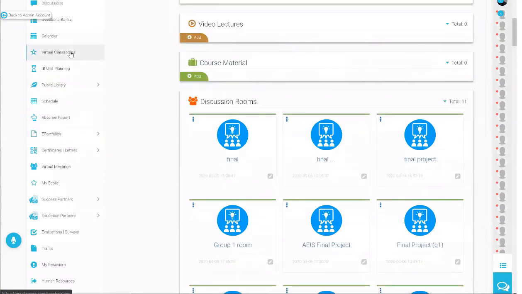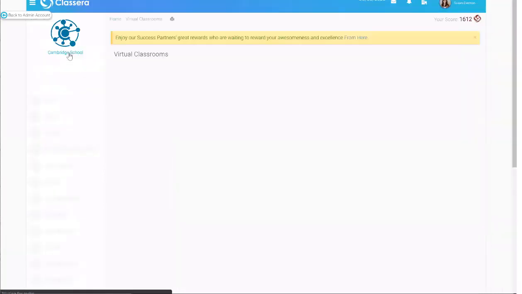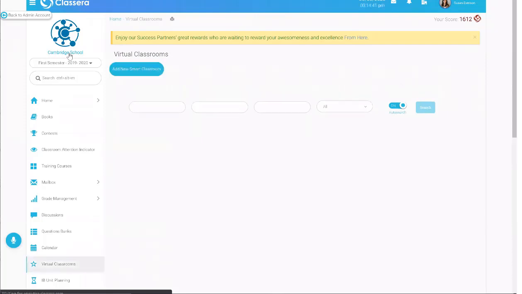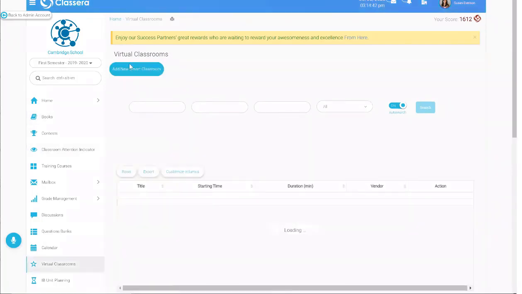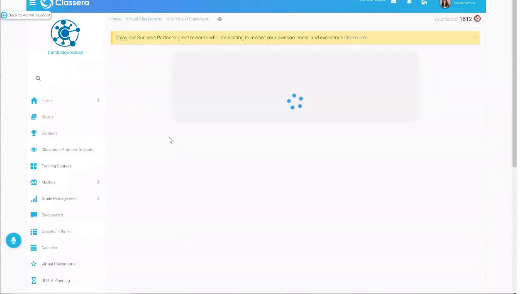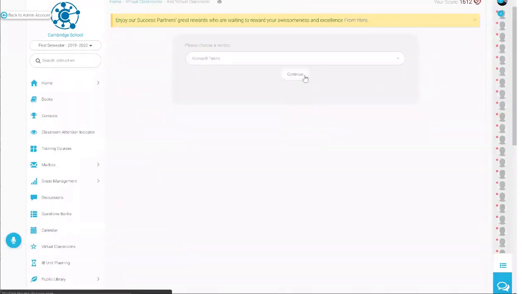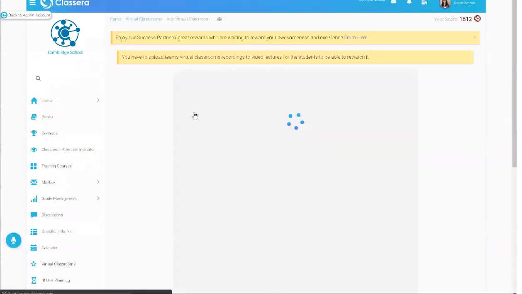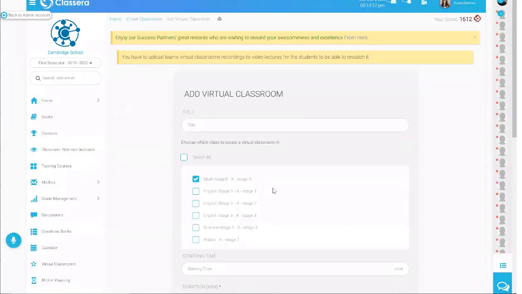While you are creating this virtual classroom, you can create a separate virtual classroom for each of your lectures. That means, if I want to create a virtual classroom for group A, for example students in grade 5A, I can choose stage 5. But if I want to divide the students inside stage 5A, I think it's not possible using Microsoft Teams, unless